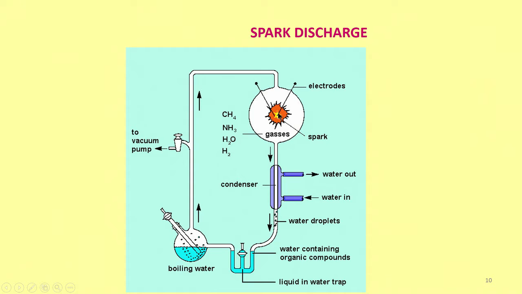See, here I am showing electrodes on the top, correct. This is one electrode, this is another electrode. These two electrodes are brought nearer and nearer, and then strike a spark, and then it happens. So, that is what happens. When the arc is struck, a high voltage spark is struck, first thing is all organic compounds will evaporate.